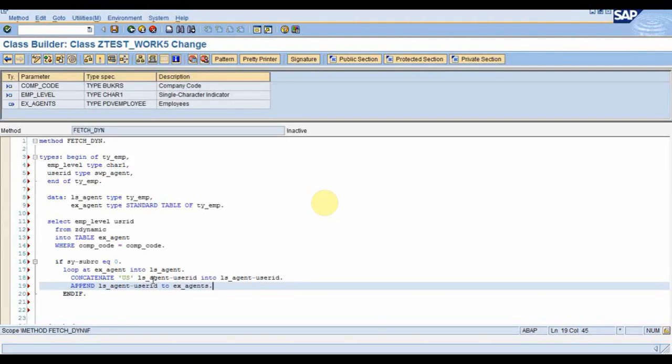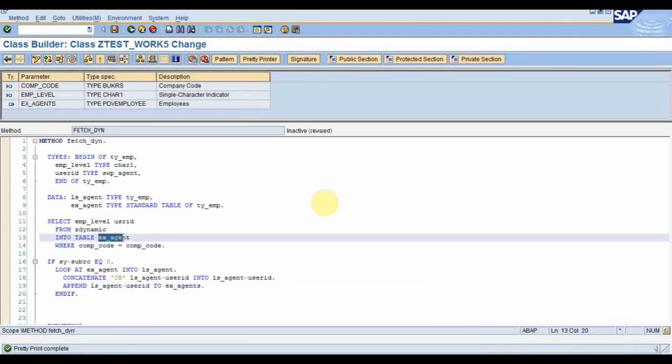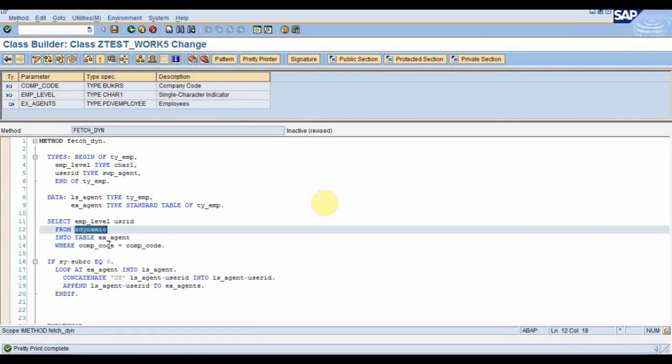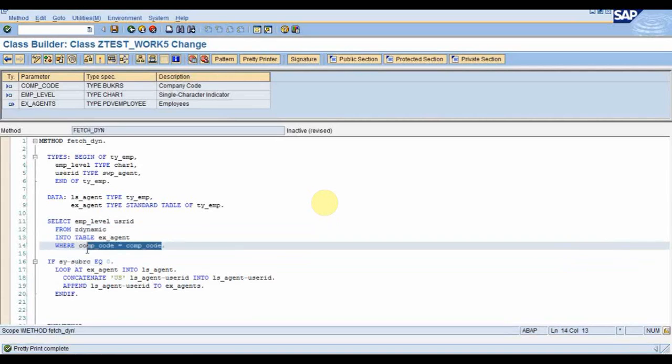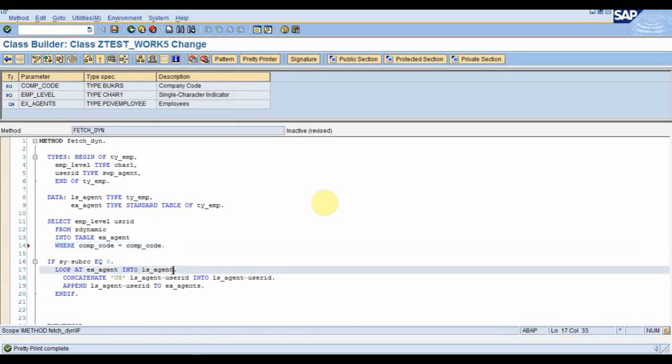Now here you can see I have tried to fetch the agents from the table called Z Dynamic, with the help of this company code, and here it will be level as well. Okay, no, here I don't require it, but yes, here I will require where level, emp level is equal to emp level.